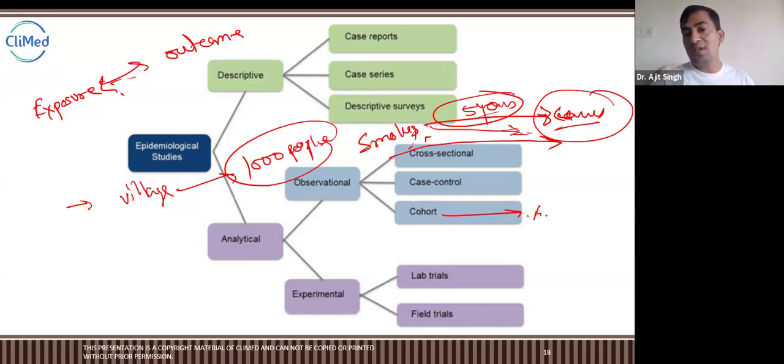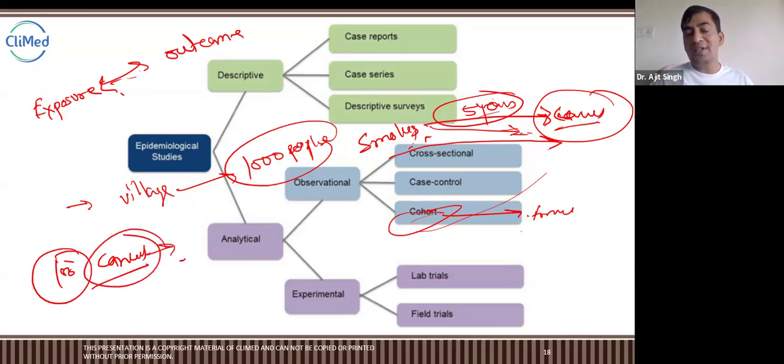Forward studies are cohort studies, where we have the smokers, but we are looking for cancer, right? For 5 years, 10 years, long-term longitudinal studies. Those are cohort studies. But suppose there are 100 people with cancer, but we